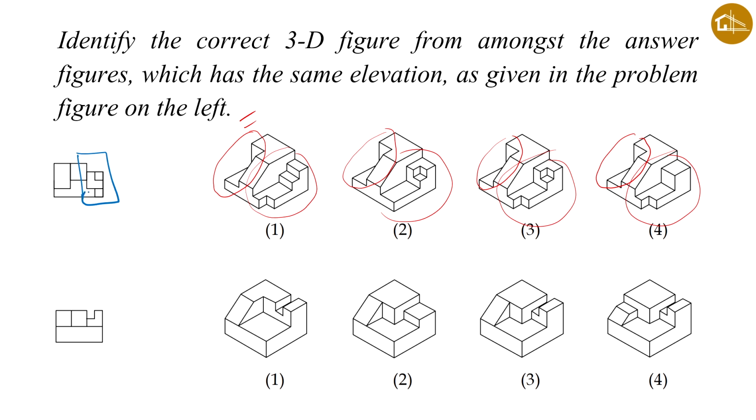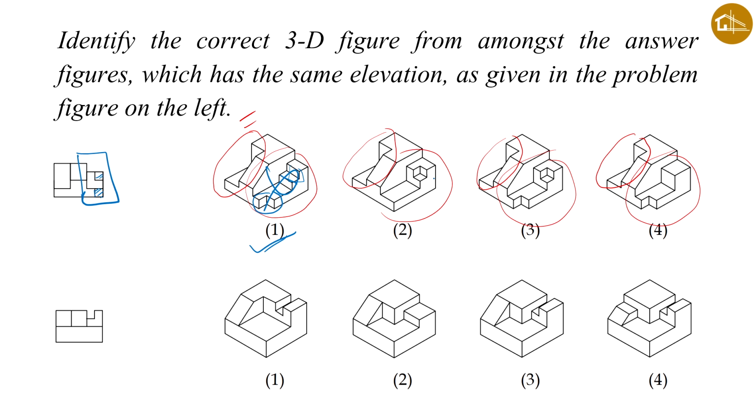We can see over here that there are two lines, one line this one, then one more line. This means that there is a level difference. Level difference means there should be a depression or an extrusion. So we will focus on this thing only, and this should match with the options. In the first option we can see there is this depression, which matches with the problem figure, but there is no level difference over here. There is a level difference, but it is making a single line, and we need only a simple cut. So this is a wrong answer.